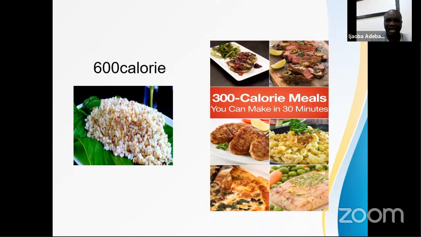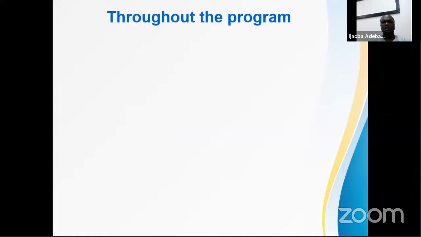Like this morning, what did I take? I took fish that was, I think, boiled. I don't know how my wife did it, but I took akamu alongside. Fantastic. Without anything, no almond milk, no skimmed milk. I just took it that way, but it has turmeric inside. You can get even lean meat with a lot of garnish with a lot of vegetables, and you have your fruit. You shouldn't eat to stupor. So these are some of the food just to give you an insight into what 600 calorie or 300 calorie means.